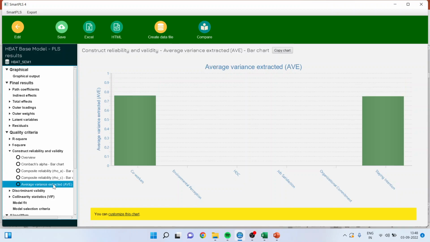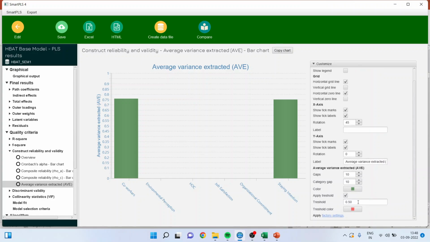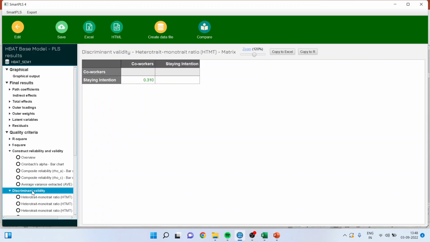And average variance extracted. Right. New features of SmartPLS are quite cool. Click on customize this chart. You can change the threshold limits also from here. And you can customize the charts. Even you can copy the chart from here. Now you have to report the discriminant validity of this